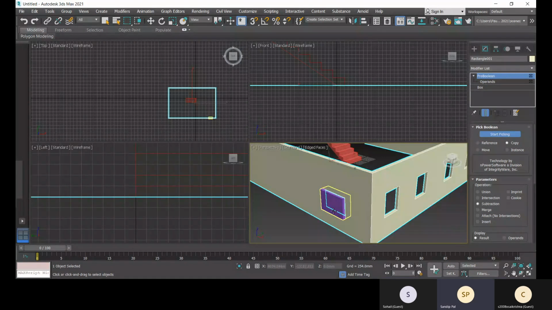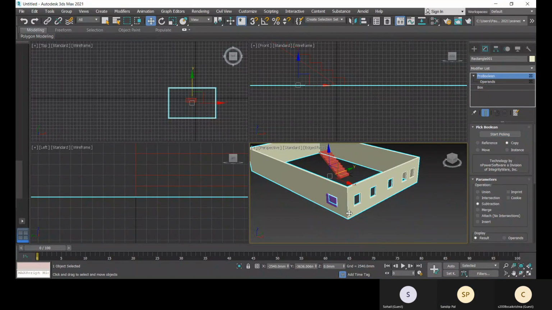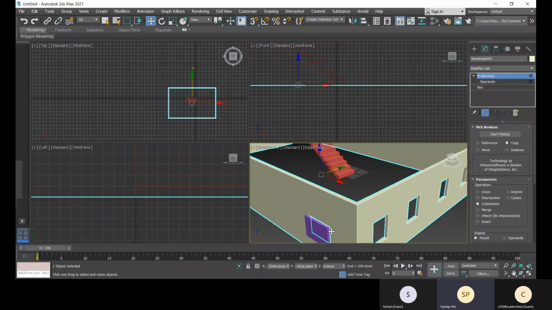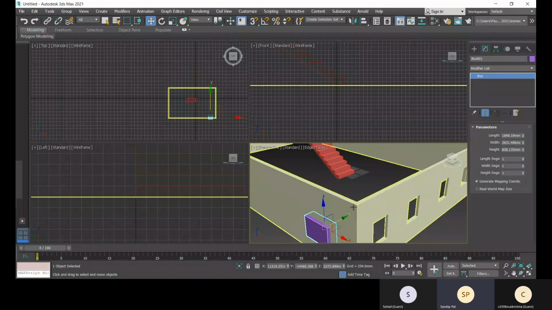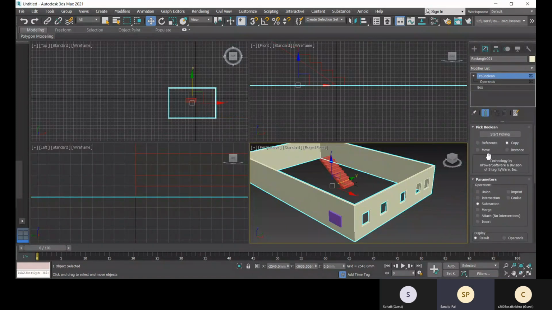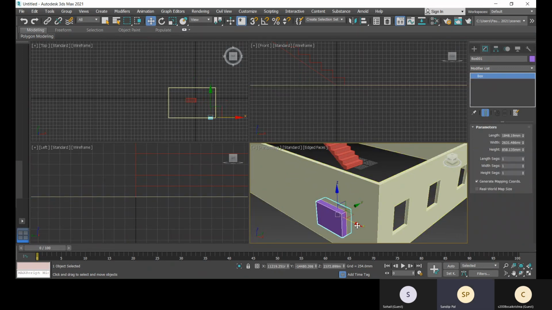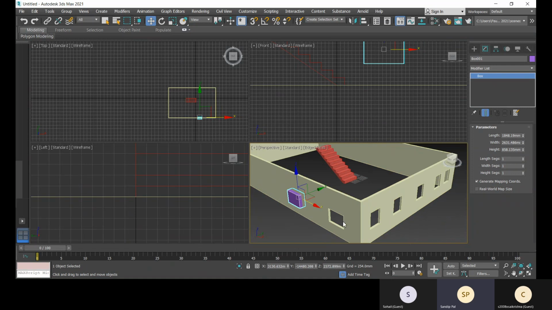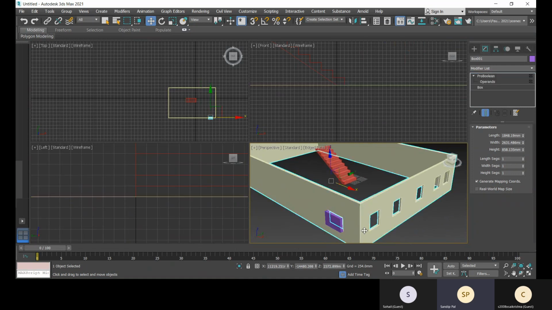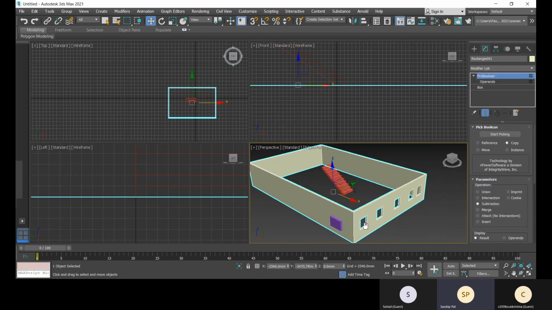Sorry, what's wrong with this? So this is ProBoolean. In the subtraction, I should start picking and clicking. Okay, so this is okay. So what is happening? Let me tell you clearly.